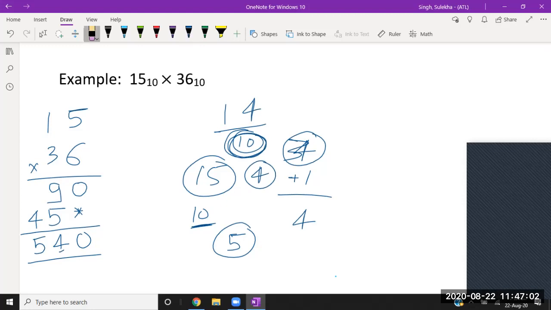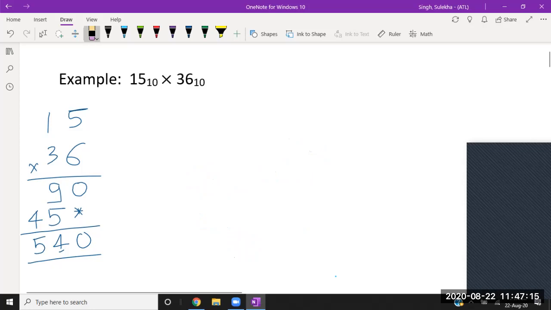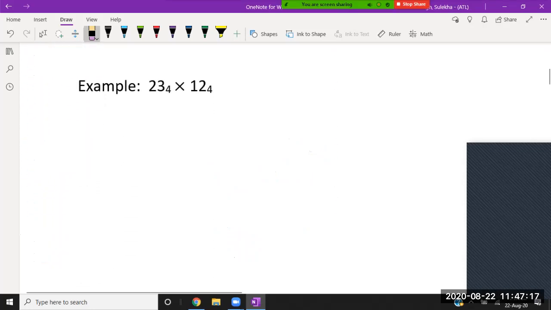Okay, so this is the thing you are doing in the decimal number system. If I talk with respect to base 10, these are the things you are doing in a recursive way, meaning whenever you need to multiply, you do the multiplication in the same way. That's why you need not think about base 10, or about any base.